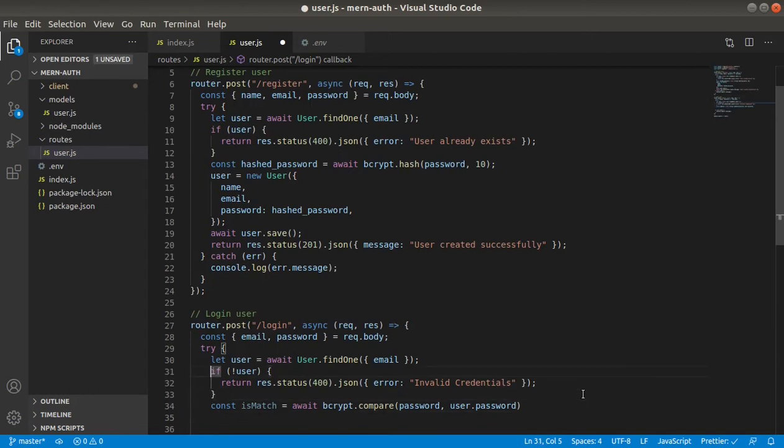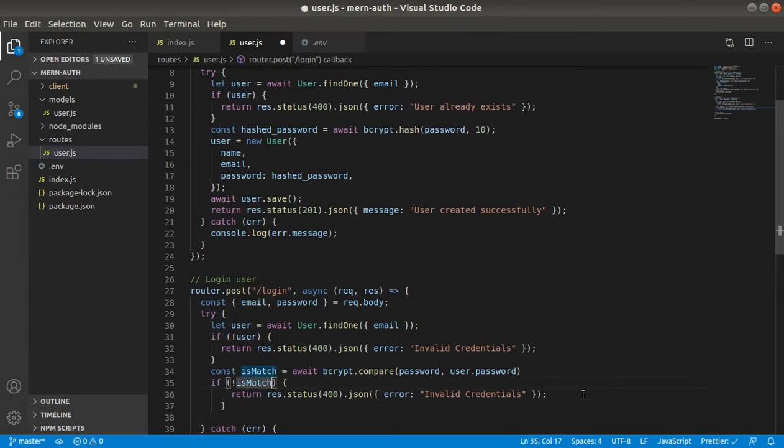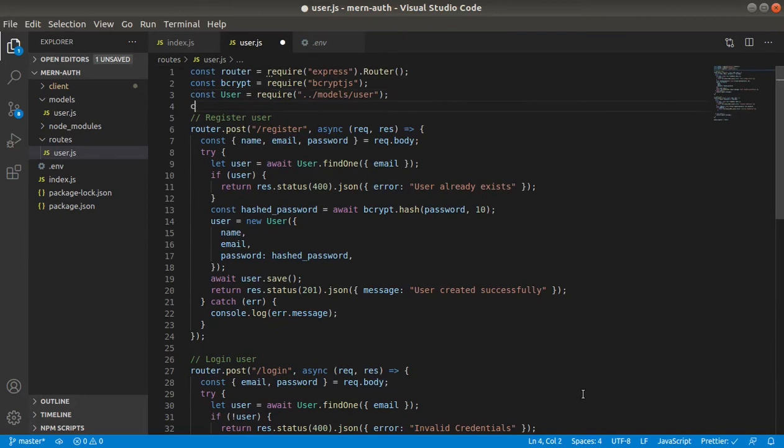So here we will again check if the password is matched or not. If not isMatch, then we will return the same error, invalid credentials. If user found and password is matched, then we will log in with the user. Now we will sign the token. When we visit protected routes, we will need to send the token in our headers. So let's bring